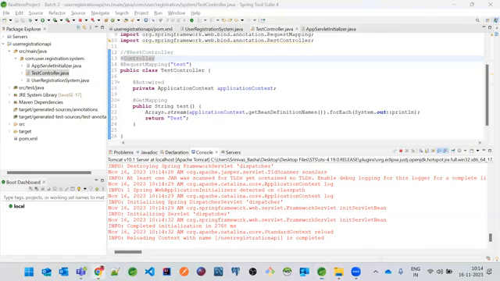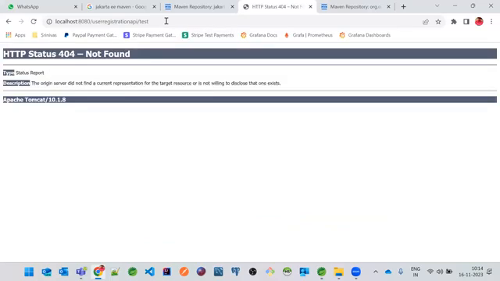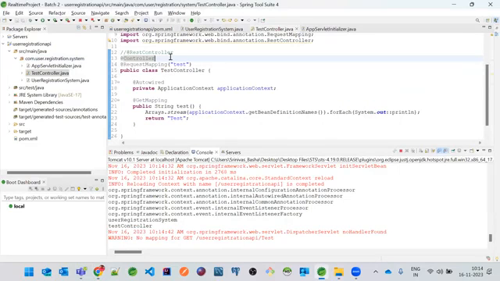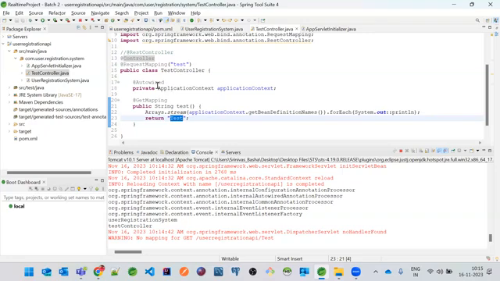Now let's hit this application endpoint and see what the problem is. Here we have used @Controller, but the response is not coming. @Controller is just returning the response. What is the response here? Test, right? But still it came to the class.